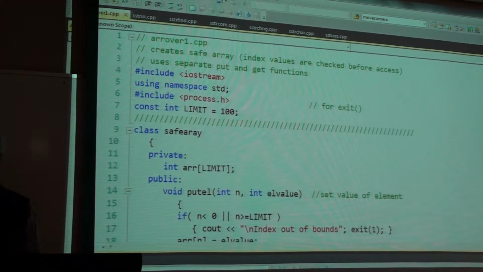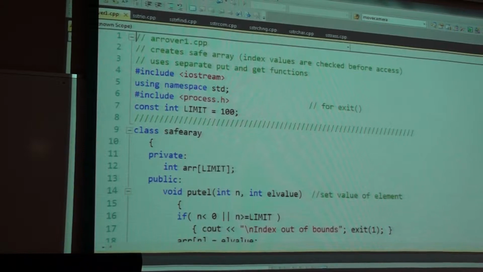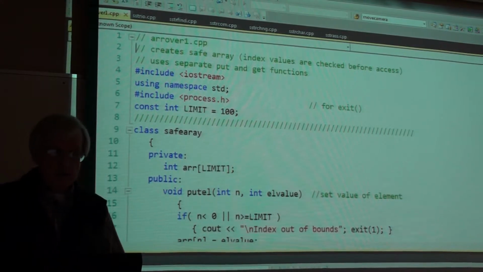Now we're going to look at, all right, we have the ability to use a class, we've seen that, string class, but we didn't see anything about how to write it. Where did we define the class string? Well, we're not going to do the class string just today because it's fairly involved and you'll do that next term. But here's a simple one for array class. We're going to define an array class.